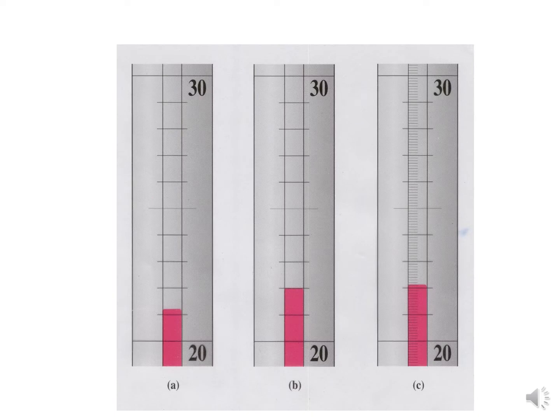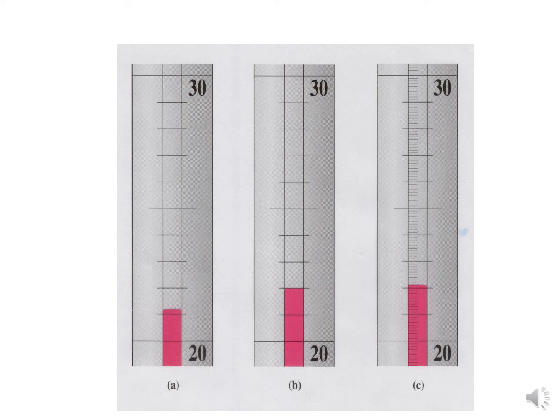In this slide, we see some scales, which could be thermometer scales. And we would like to be able to read the correct temperatures and then express these values to the appropriate number of significant figures. How do we go about this? Well, first step is to figure out what the increment on the scale is. And so, if we start with the scale on the left, scale A,